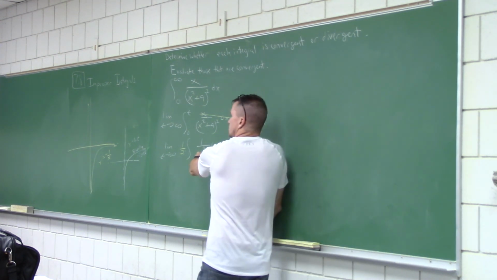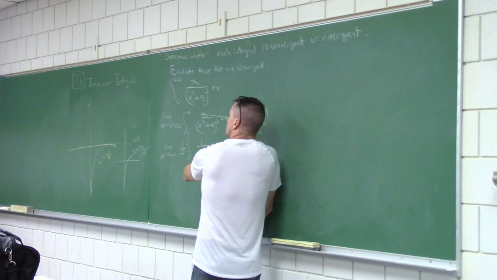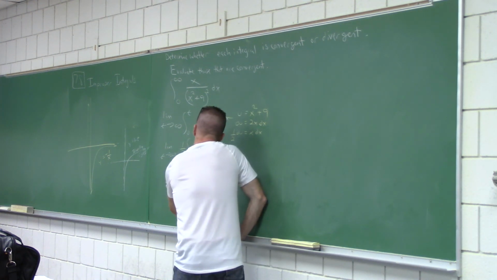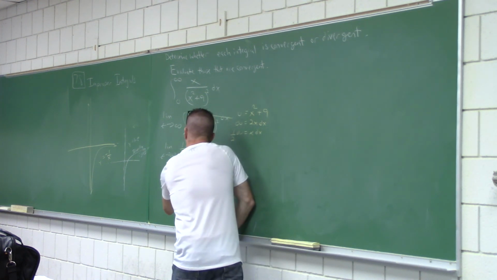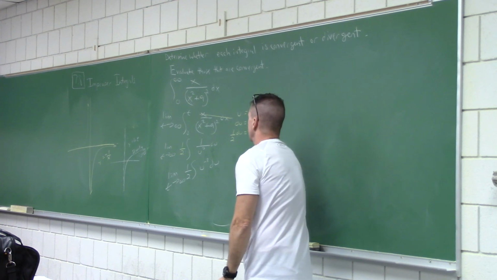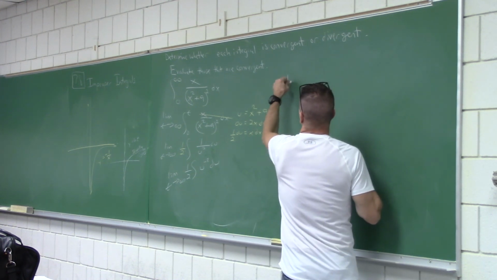What's the integral of 1 over u squared? That's u to the -2. What's the integral of u to the -2? I should write it first. That's u to the -2. I know it looks like a natural log, but it isn't. All right, so I'll write that over here. Limit as t